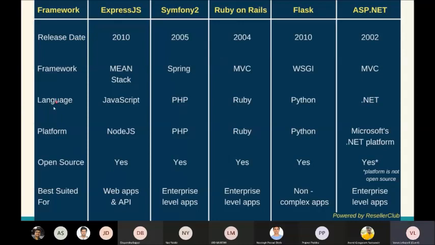People who are already familiar with JavaScript can use the Express.js framework for constructing a website or web service. People familiar with PHP can use Symfony 2, those familiar with Ruby can use Ruby on Rails, and those good at Python can use Flask or Django for creating their web services. Those good at .NET can use ASP.NET web service.